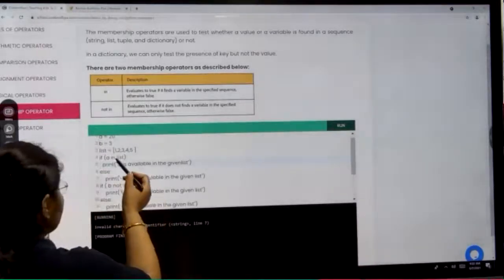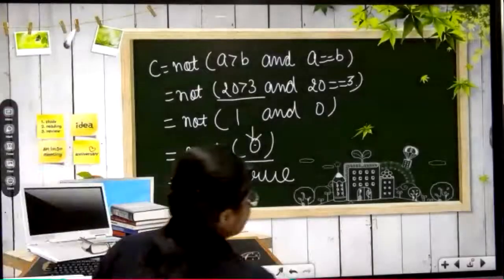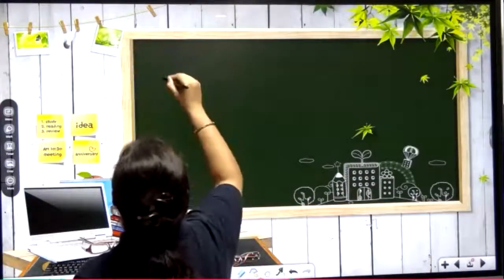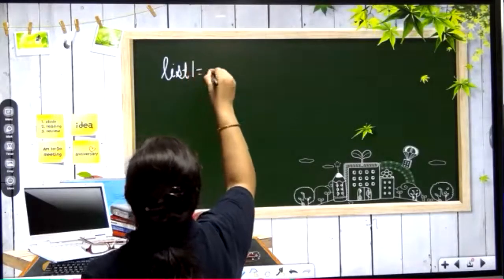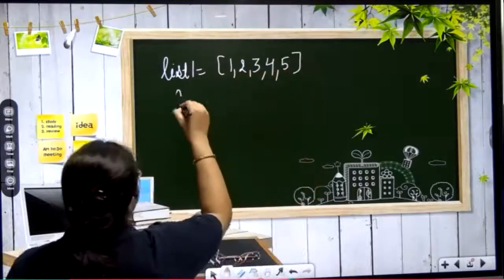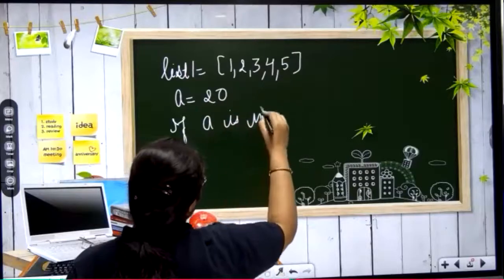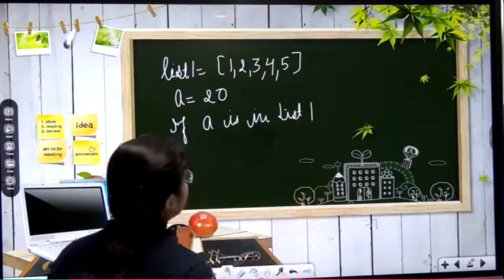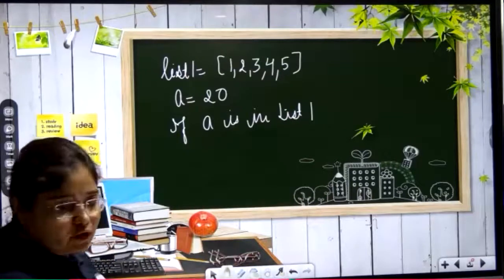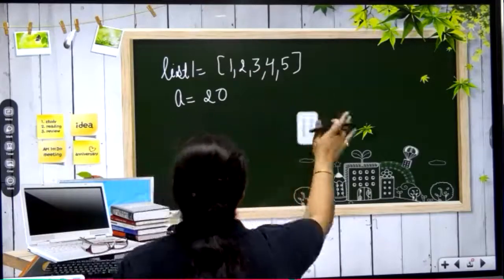Like, if you take the value of A as 20 and we have created one list. So how can we create a list? A is equal to, or you can take a variable list only. List 1, okay, 1, 2, 3, 4, 5. And if we have taken the value 20 and we are writing if A is in list 1, okay. So if A is in list 1, then what do we want? We want to print a message. So in this way we will write it in a programmatic way.